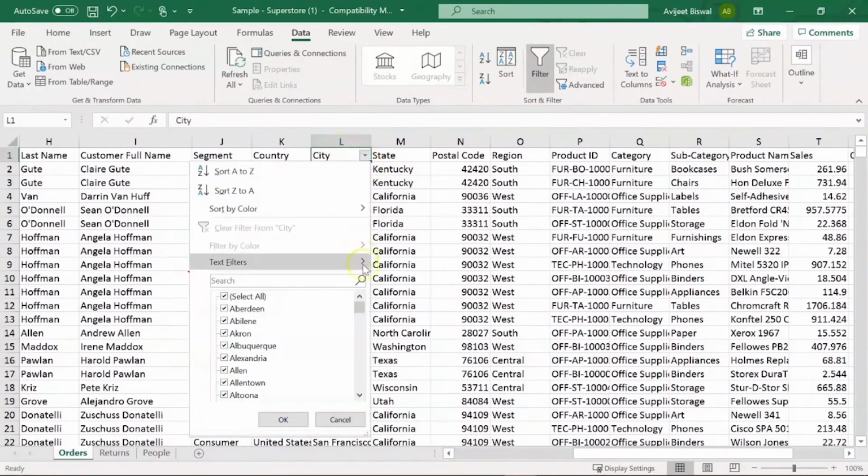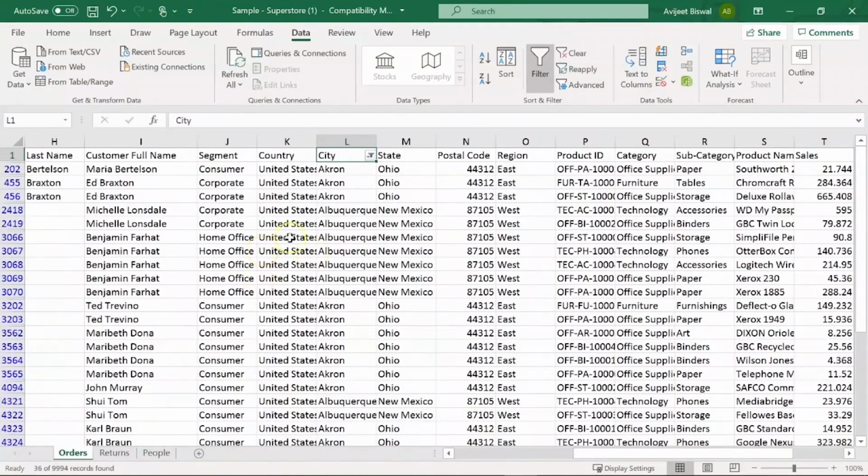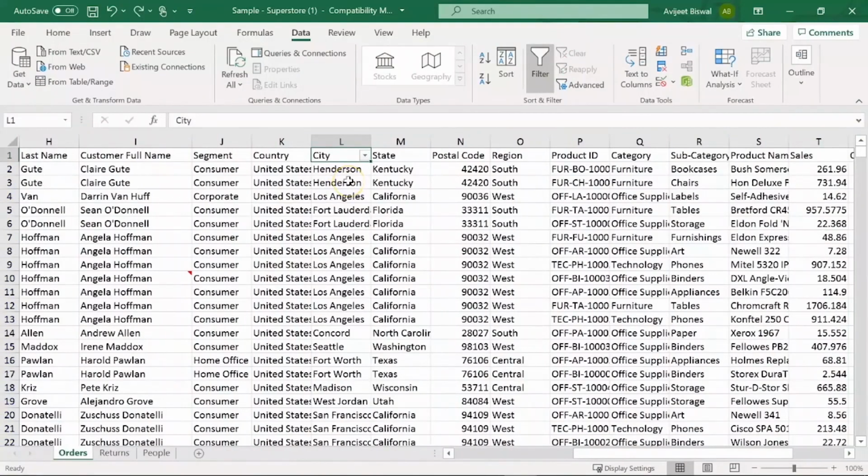To show you more, you can see here it has all the city names listed, and if I uncheck select all, and I'll select certain cities and click OK, it will filter my data only for those cities. Use Ctrl Z to undo it.